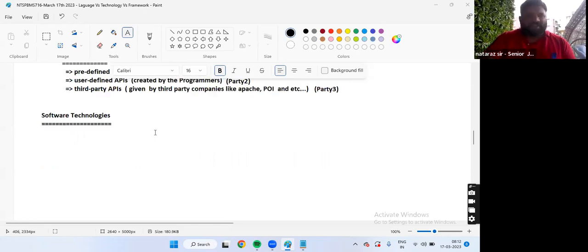Super, guys. So shall we get into software technologies? Software technologies are software specifications providing rules and guidelines in the form of APIs to create implementation softwares.